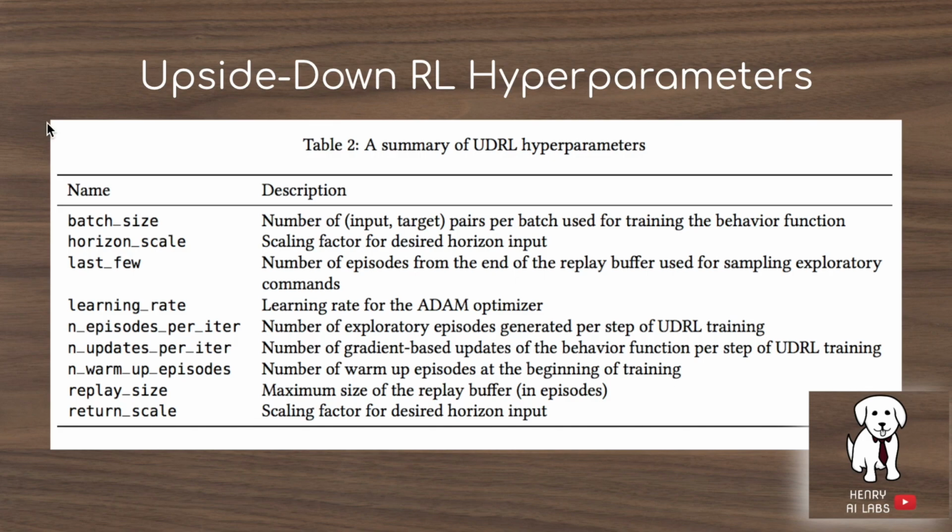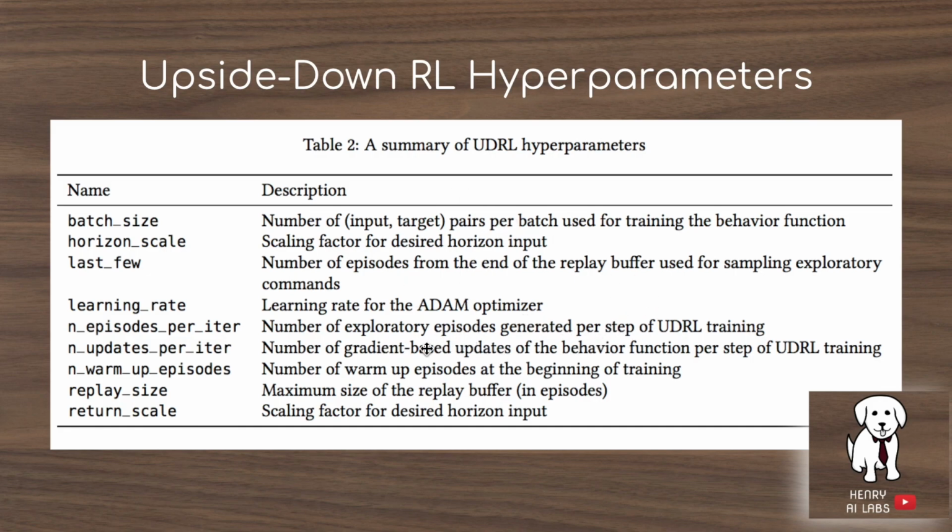The upside-down reinforcement learning algorithm comes with a few hyperparameters summarized in this table in their paper. The first is the batch size used for doing the supervised learning of the behavior function, then the scaling factor for the horizon input, the number of episodes from the end of the replay buffer to do that exploration in the environment, which is something we'll look at more in the next slide, and then the learning rate for the supervised learning optimizer, the number of exploratory episodes done in this training loop,